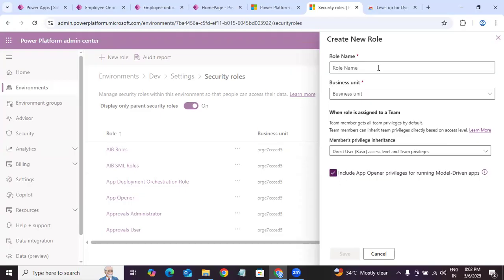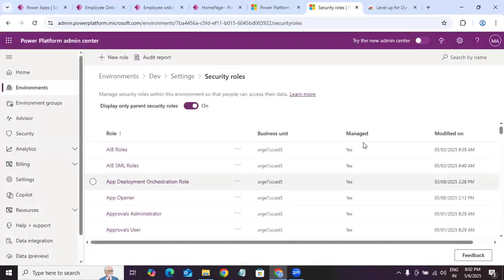I'm using it as it is. And the role name we want, and the business unit for this application, we need to select it. Okay. And after creating the permission, if we open